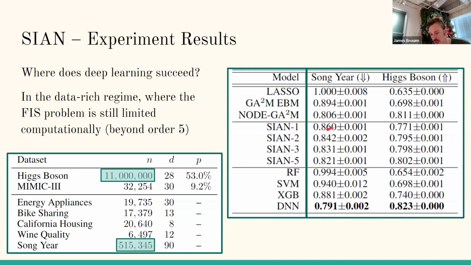Another important thing to note is that when we look at increasing the complexity of the feature interactions, we see that the performance continues to drop in this column and continues to improve in this column. So as we continue to add this complexity, we have enough data to continue to fit. So actually, one could imagine that if we go beyond order 5, for these 2 specific data sets, we might see some further drops in error. So that's one of the key aspects to note from the results.